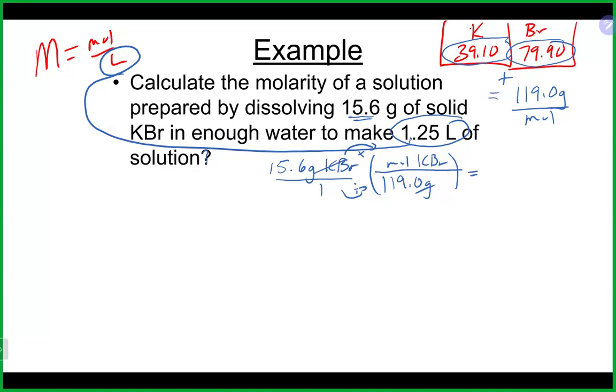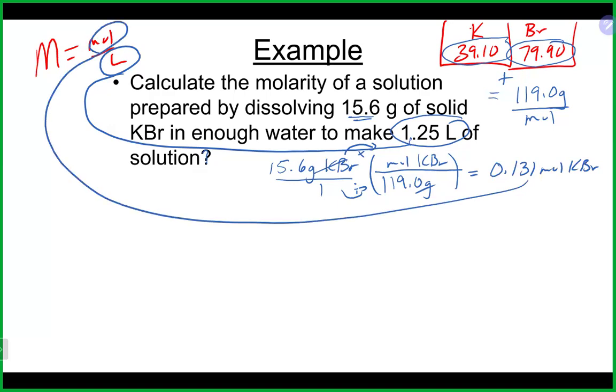So we'll go 15.6 divided by 119. We'll get 0.131 moles of KBr. That is the top part of what we need here. Now that we have the top and the bottom, all we have to do is put it together. We're going to go 0.131 moles divided by 1.25 liters. And that's going to give us